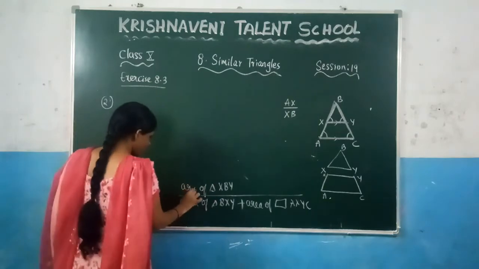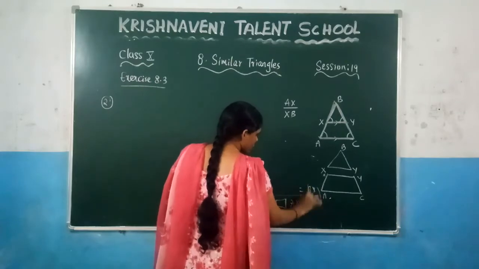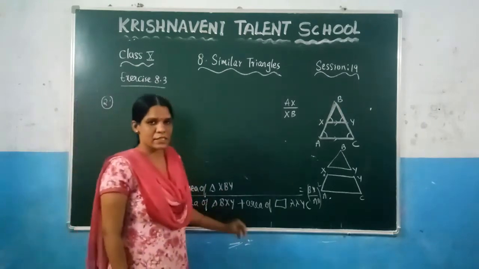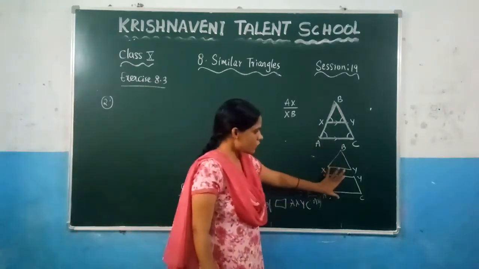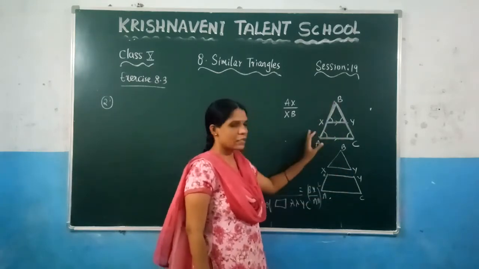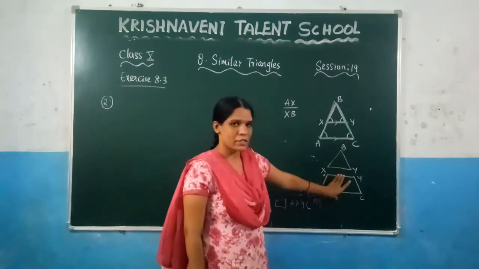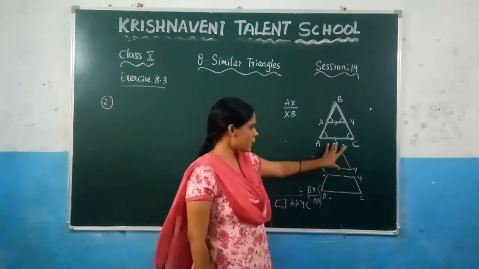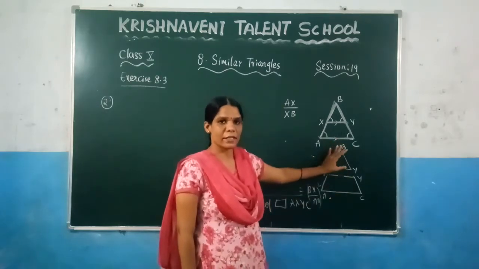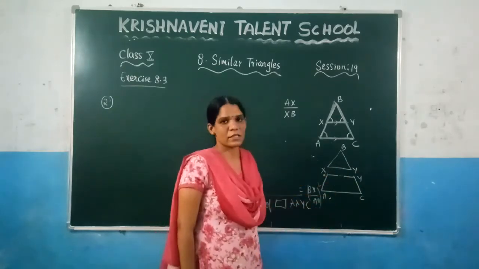So this value is equal to BX by AB whole square. Right? This is what we got here. Now you can observe that in the question itself they have given that this area is equal to this area, right? Because they have given that XY divides the total triangle into two equal areas. So you got this area is equal to this area. So in place of this one I can write this area, or in place of trapezium area I can write triangular area, or in place of the triangular area I can write the trapezium area, because these two areas are equal.